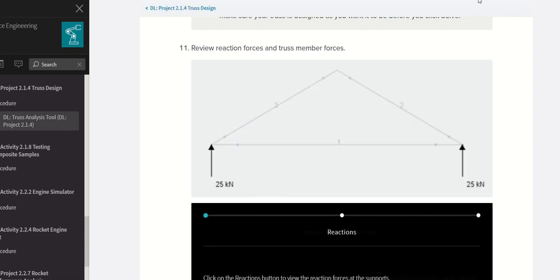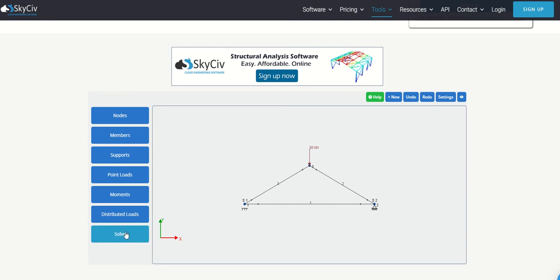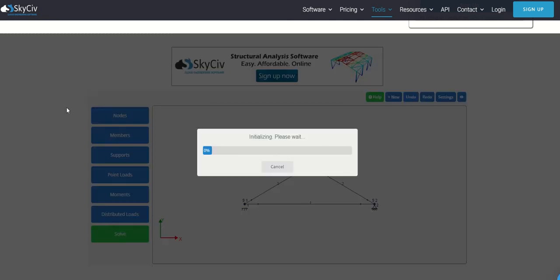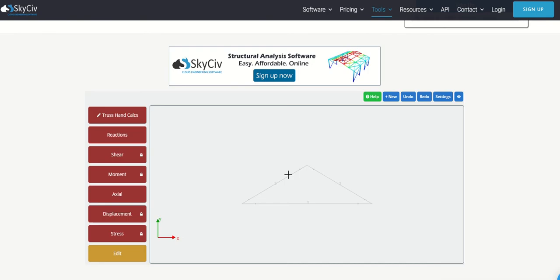So now I need to go back here. I click back, and then the green button, you click here. Now for some reason it's not displaying my report, but in yours it will, probably because I already did it several times.